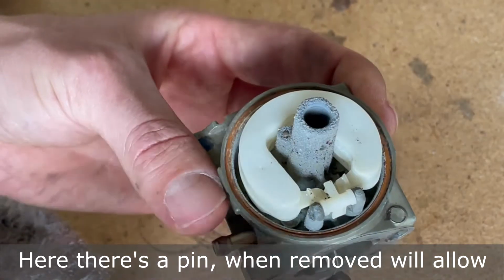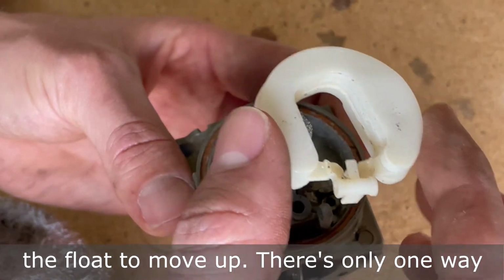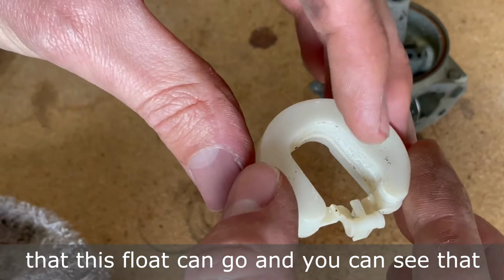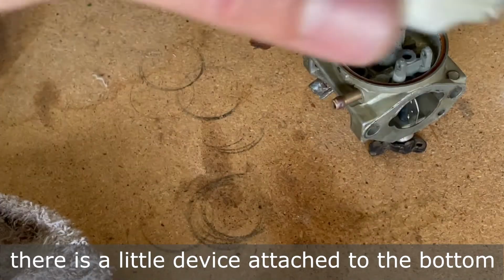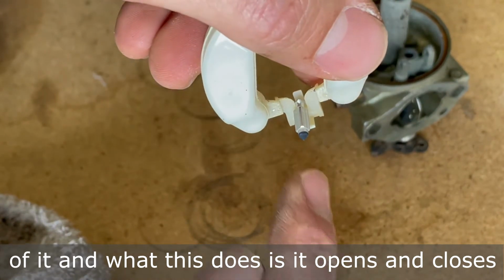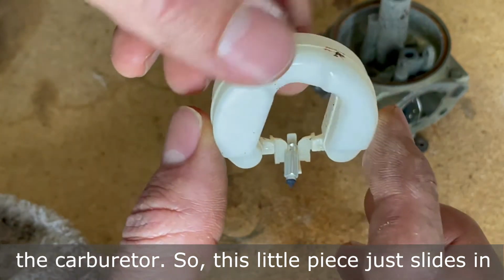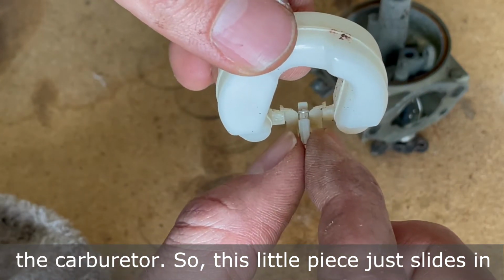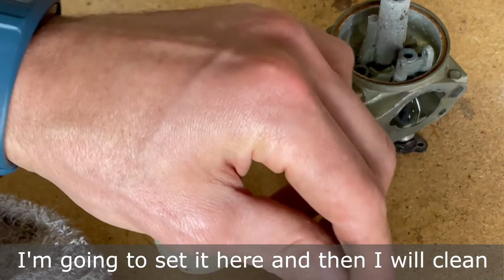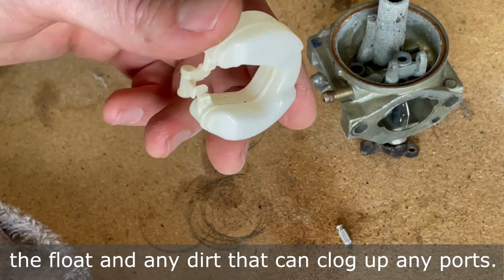Here there's a pin. When removed, it will allow the float to move up. There's only one way that this float can go, and you can see that there is a little device attached to the bottom of it. What this does is it opens and closes the valve that allows fuel to go in and out of the carburetor. So this little piece just slides in right there. So I'm gonna remove that. I'm gonna set it here, and now I will clean the float and any dirt that can clog up any